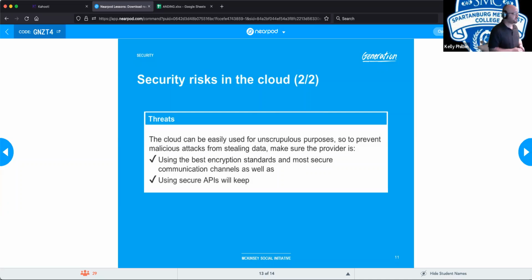Now, when dealing with your providers, always make sure they're using the best encryption standards, the most secure communication channels, as well as secure APIs. This will help keep your data safe. Again, we will dive into some of this even more when we get into security. We're more looking at this from a definitional standpoint at this point.